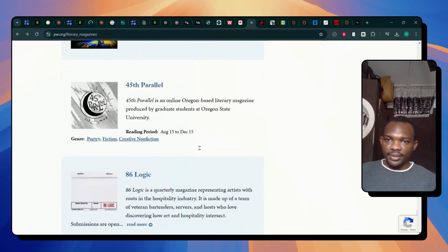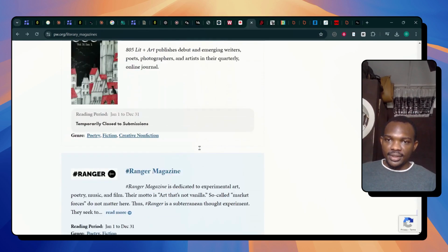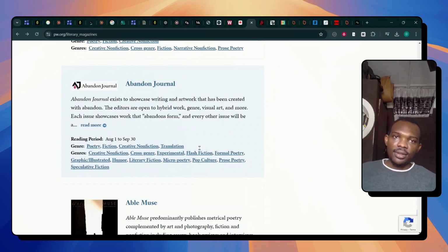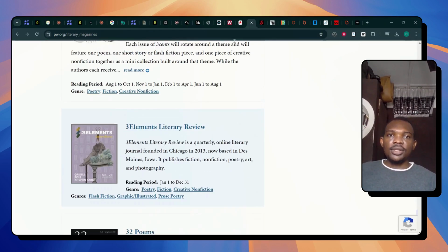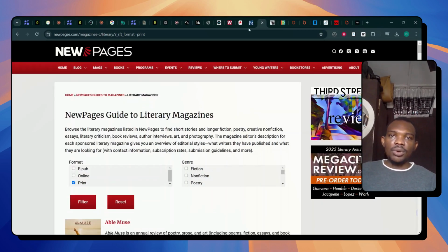But it's sure a lot, right? So, but you can search across. So we looked at Chill Subs, we looked at Poets and Writers, and then we've looked at New Pages, right? The next one we look at is